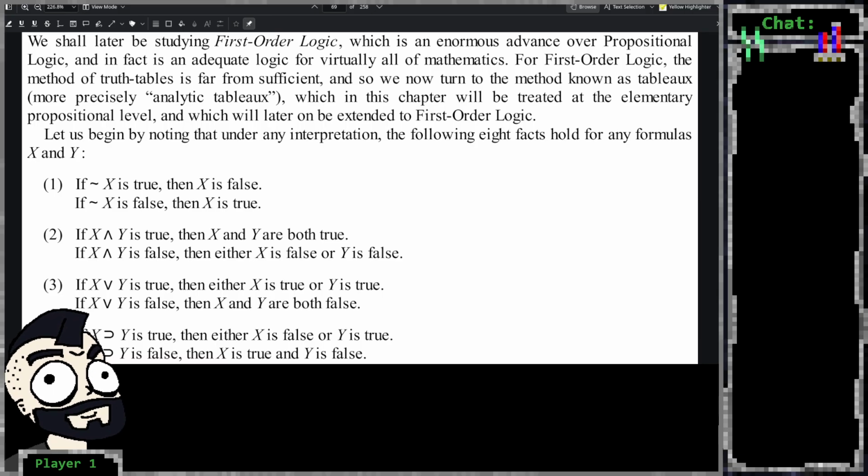For every new propositional letter, we are raising the exponent by 1. 2 propositional letters is 2 to the 2, so 4 rows, which is very easy to manage. 3 becomes 8, 2 times 2 times 2, sorry, not to the 2. It's always 2 to the n, where n is the amount of unique propositional letters we have. So 1 is just 2, 2 is 4, 3 is 8, 4 is 16,